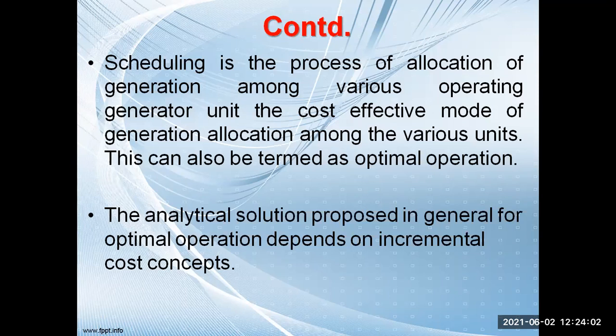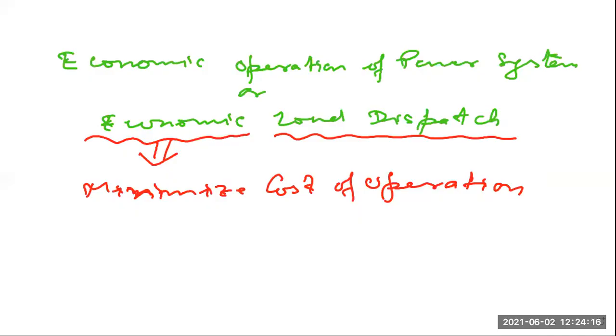Now, when we are trying to minimize the cost of operation, we have to see their incremental cost. See, I will just discuss this in terms of maxima and minima, which you have already studied in class 11 or 12. If a function f(x) is there, the function will be maximum or minimum when df(x)/dx is equal to 0. From that we can calculate the maximum or minimum value.